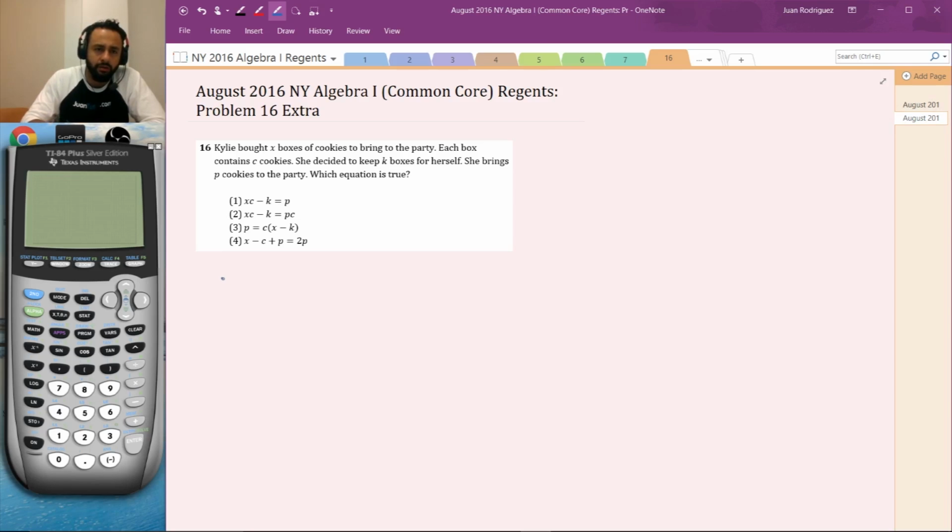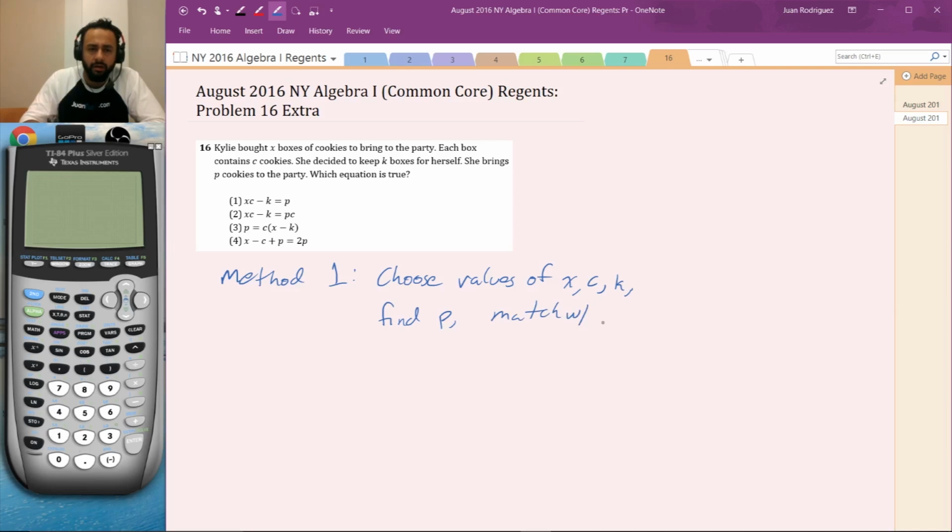So that's method 1. Choose values of X, C, and K, and then find P, and then match with the choices. And most likely, if you choose your X, C, and K randomly enough, only one of these choices would give you the right answer. So that's a highly recommended method, just to be able to do the question. Also to gain intuition generally into the problem. So method 2,